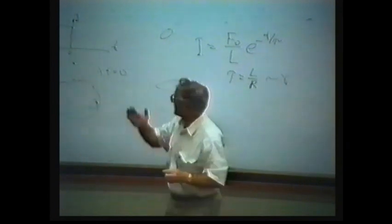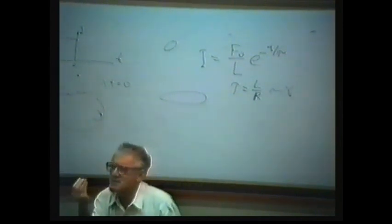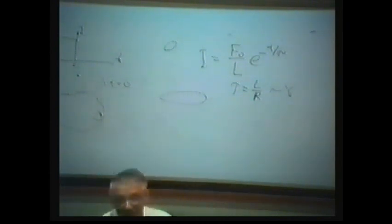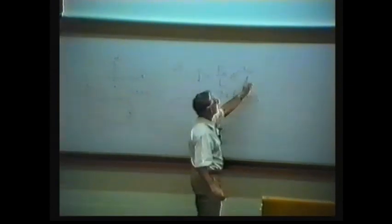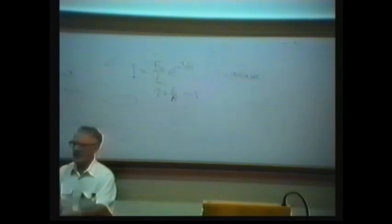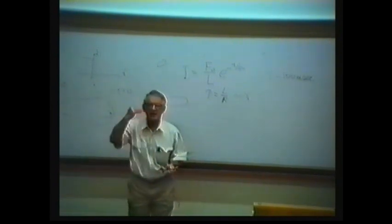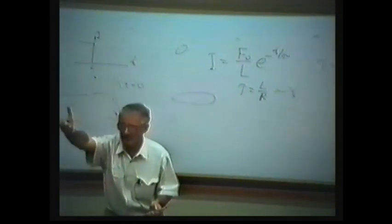If you can forget about the sharp step function, let us ask ourselves how long we will see this skin effect. Do we see this skin effect only at the first moment or a little later? And we know how to answer this question. Suppose tau is large, tau equals 100 milliseconds. Please imagine you are dealing with a conductor which has a time constant of 100 milliseconds. How long do we practically observe skin effect? Theoretically, we observe it at the first moment, t equals 0. True? But